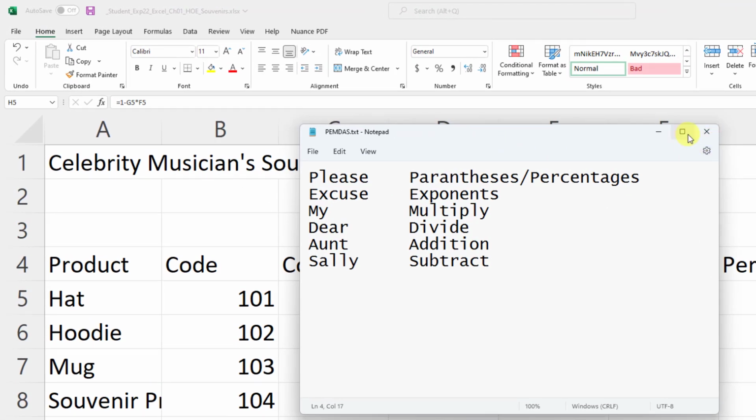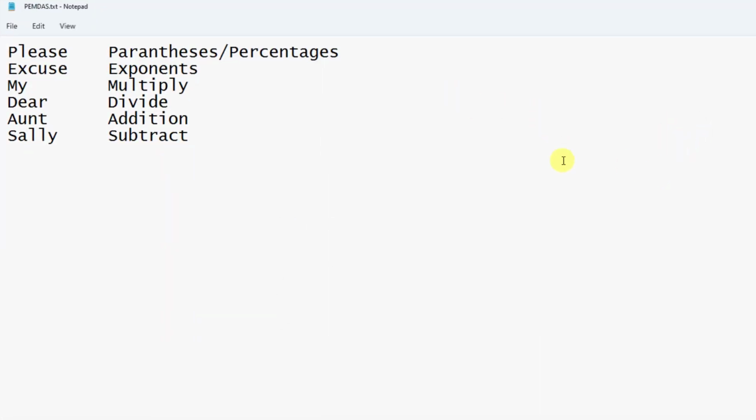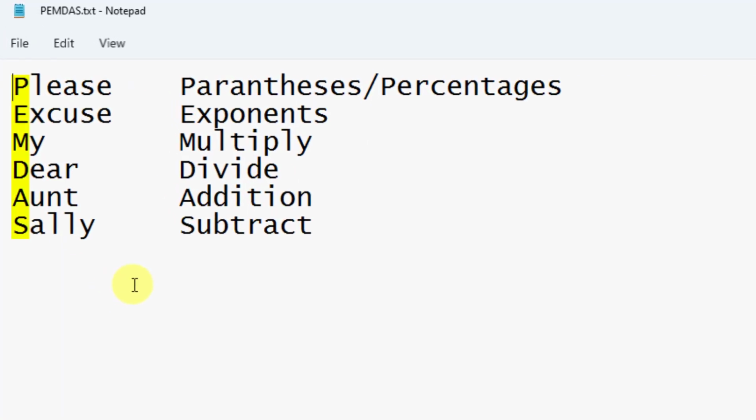I'm going to take you back in time. This is my little whiteboard here, if you can bear with me. If you remember PEMDAS, did your math teacher call it PEMDAS? Or did your math teacher say, try to remember, please excuse my dear Aunt Sally? If they gave you one of those memory techniques, what they were trying to explain to you is that we